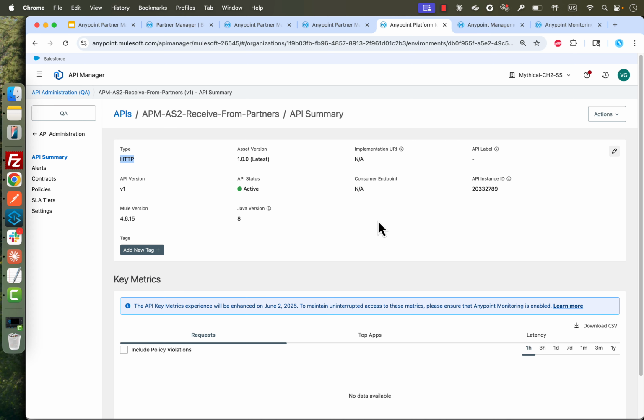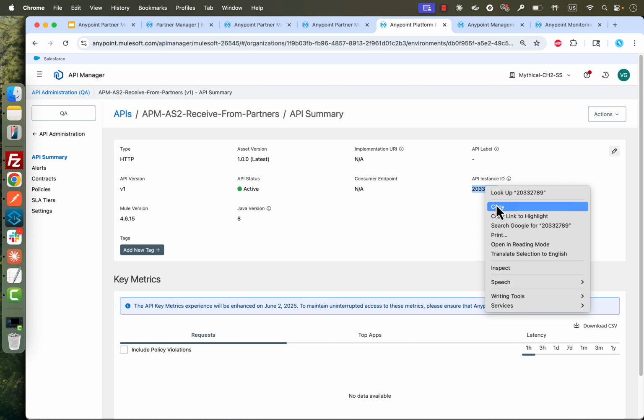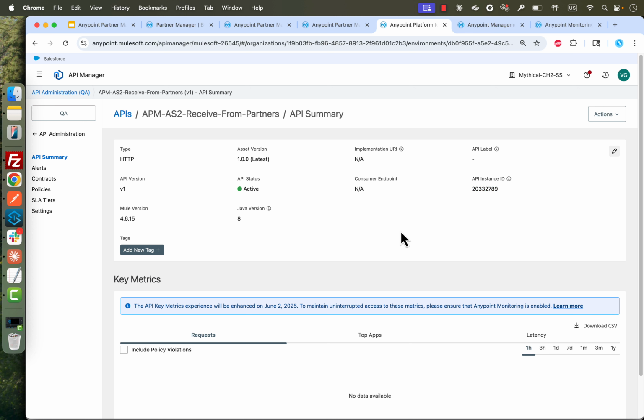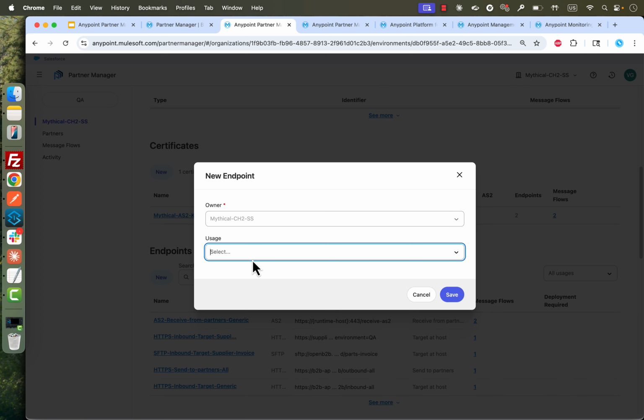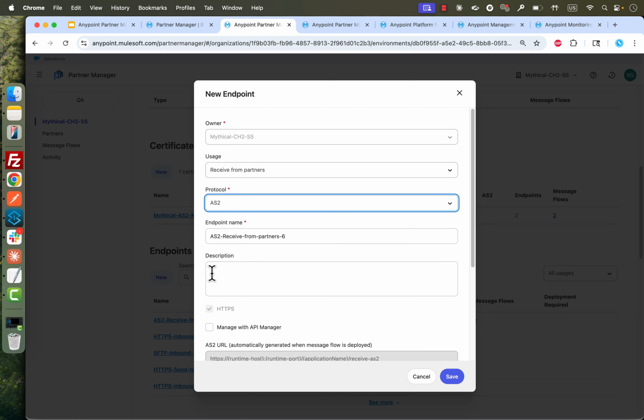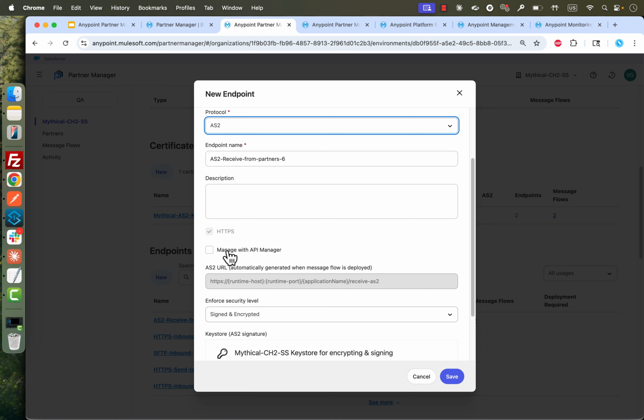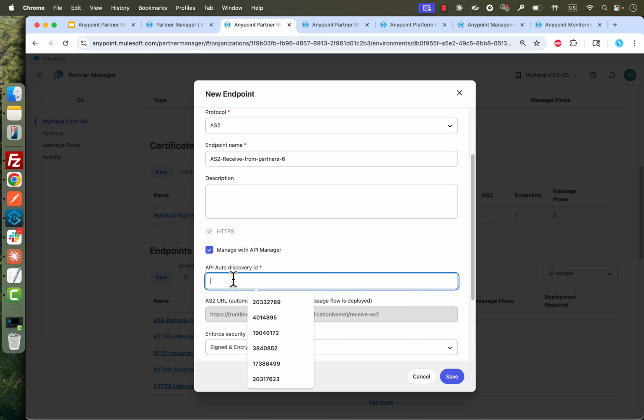When an API instance is created in API Manager, you have an API instance ID that you would need to configure the AS2 endpoint in Partner Manager. So we have just copied this API instance ID. In Anypoint Partner Manager, you would create an AS2 receive from partners endpoint and choose the option to manage with API Manager. And you would be putting in the API instance ID that you copied from API Manager here, and